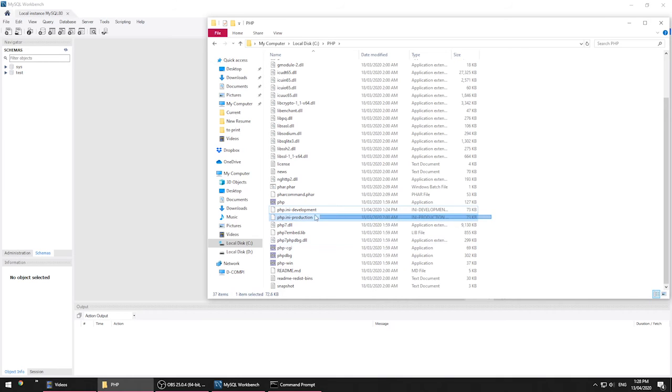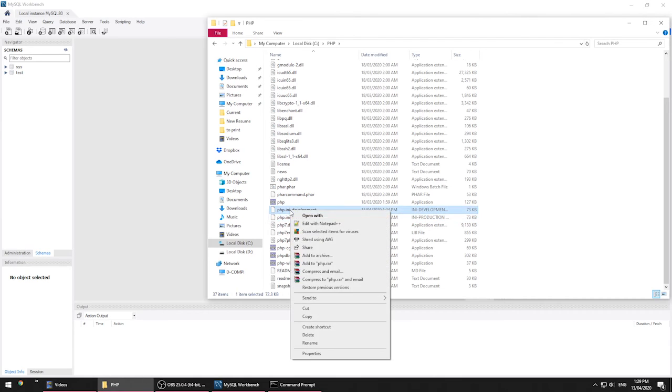and you'll see that there are two files here that say php.ini. One of them says development and one of them says production. Okay, so what we're going to do is we're going to take all of the information inside of this development file and use it to make another php.ini file. And basically what these files contain are all of the settings for our PHP installation. So right click on the development one and click edit with Notepad++,